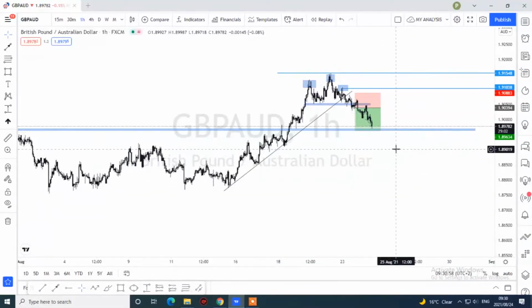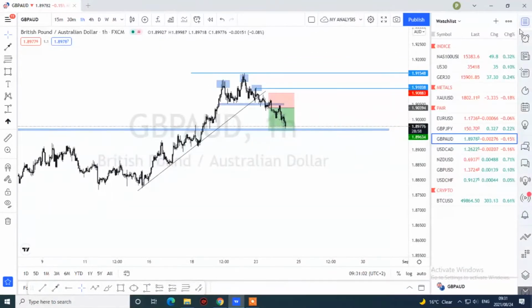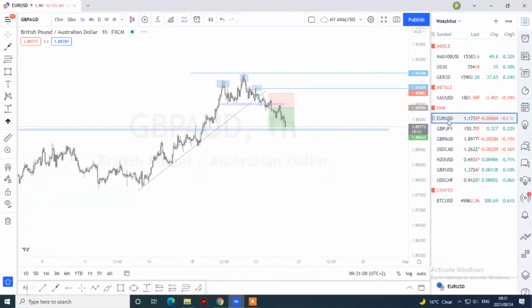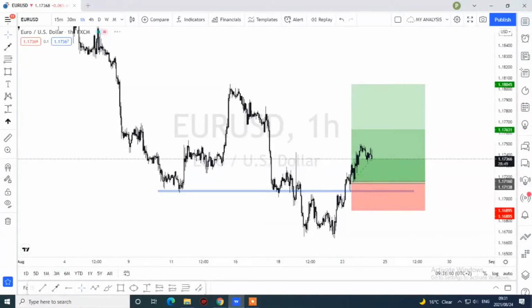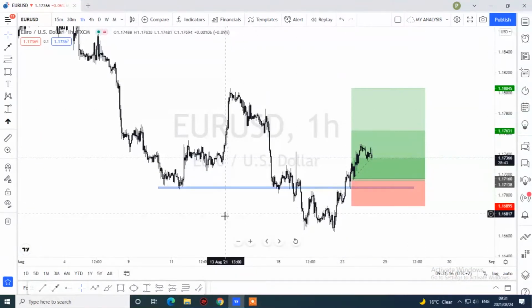So right now we're just gonna move to, let's see what we can check. Okay, so let's check another trade that we took. I think it's Euro USD. Yes, Euro USD is actually still running. This is the trade that we had on